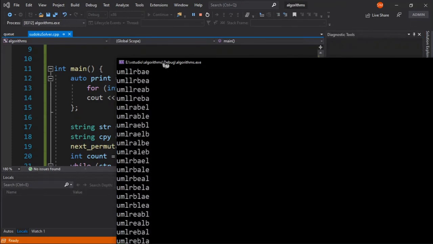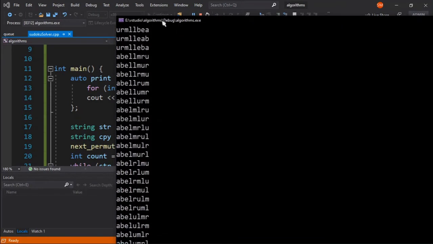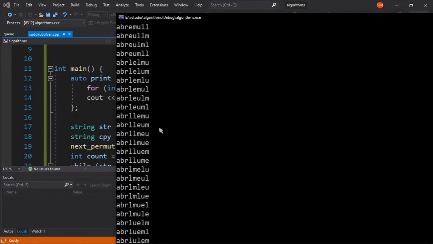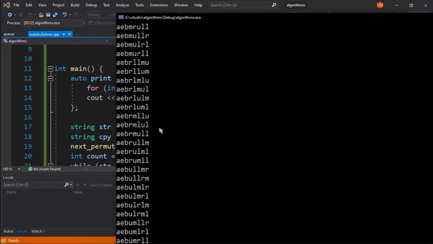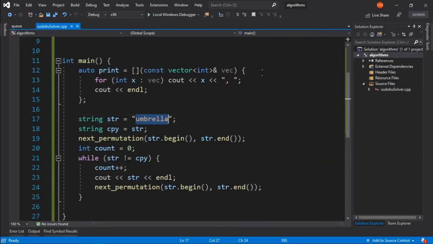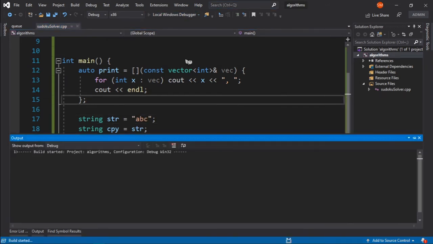you can see that all the possible combinations of umbrella are being printed here, all the possible permutations. And it's going to take a lot of time, so I'm just going to abort this and take a simple string called abc. Okay, now if we run this code,